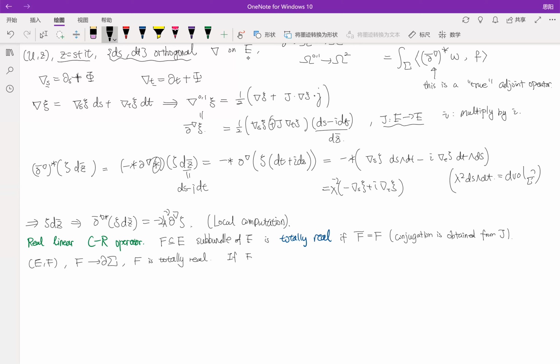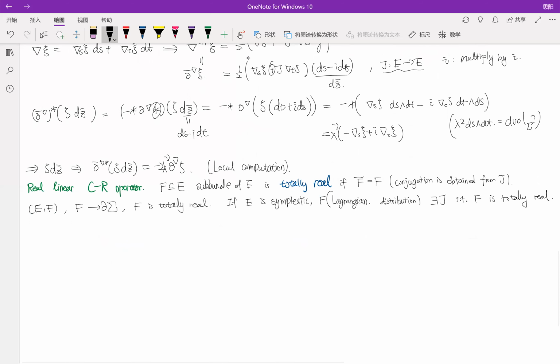If E is symplectic, then F is a Lagrangian subspace. That is, every point is a Lagrangian subspace of E, or to say a Lagrangian distribution. Then we can say that there is an almost complex structure such that F is totally real. So it will fit into our setting, and we can define a generalized